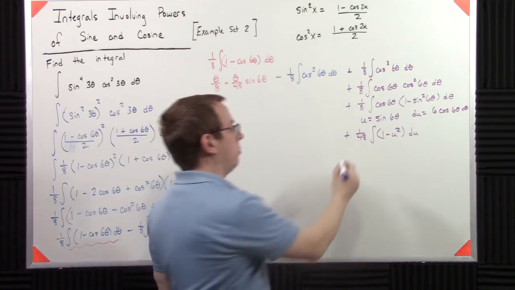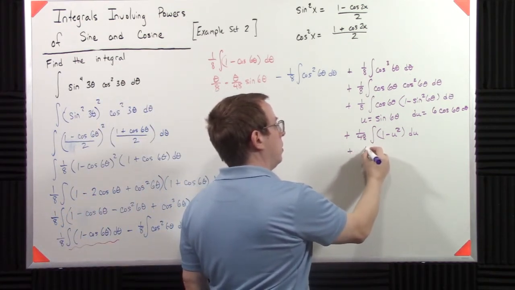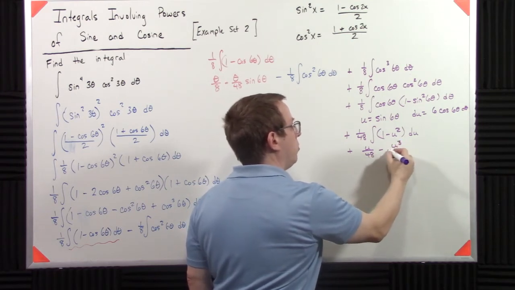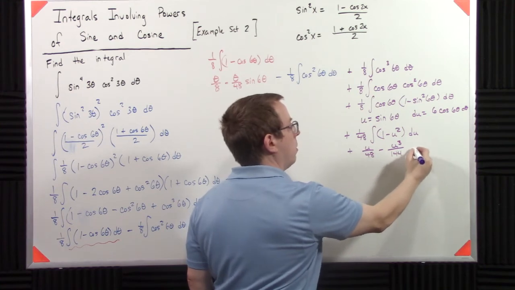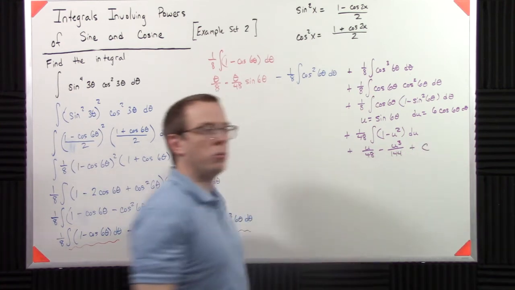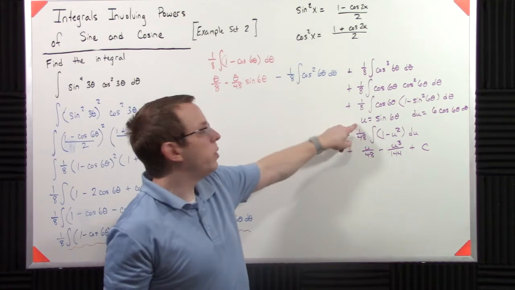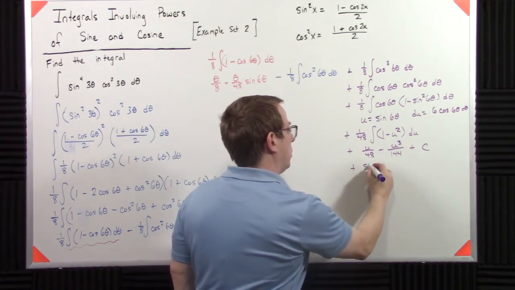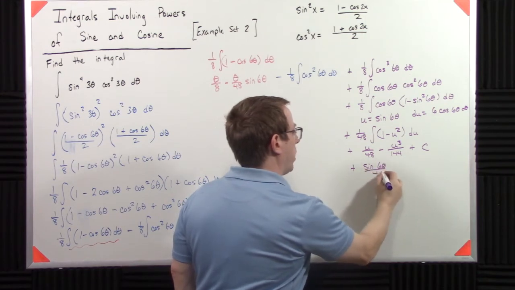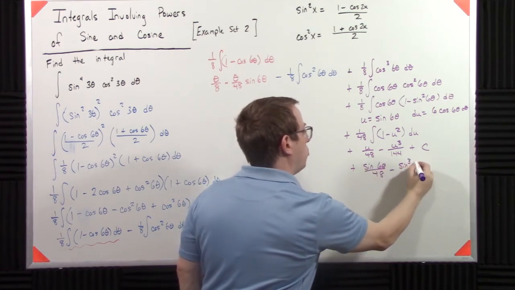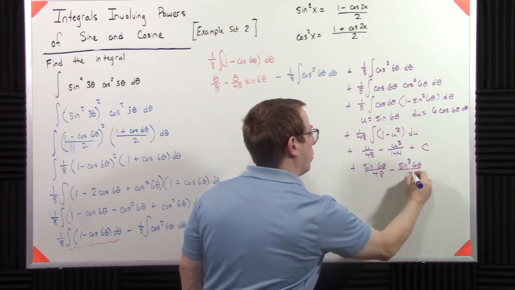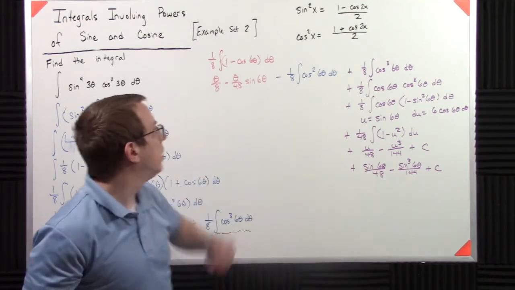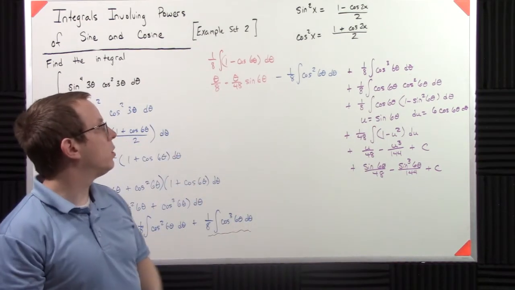which then becomes u over 48 minus u cubed over 144. And we're going to put the plus c on this one, but again, u is sine of 6 theta, so that becomes sine of 6 theta over 48 minus sine cubed of 6 theta over 144 plus c. So now we've solved this piece and we've solved this piece, so we need to still solve